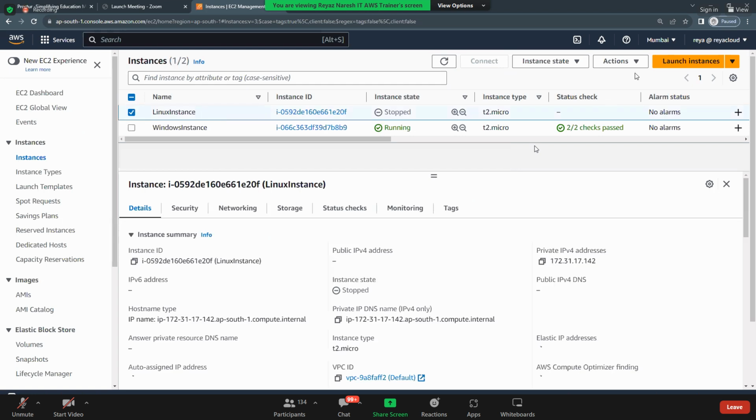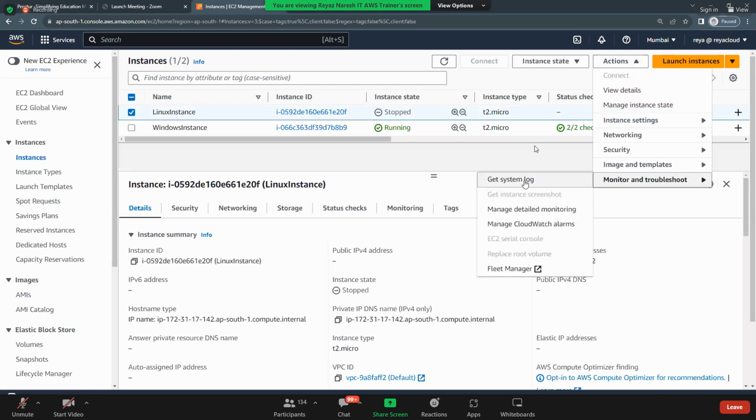So now, do you understand what system logs are? What is the next we have? Get instance screenshot. What is that? Get instance screenshot is nothing but, guys, you want to see the face of the EC2 instance? Let's say, for example, you have your laptop. You powered on your laptop. What is the screen that you get? If it is Windows, press Control Alt Delete. Yes or no? That is the face of your machine, correct? If you press Control Alt Delete, it means your machine is up and running. That means you're ready to log in.